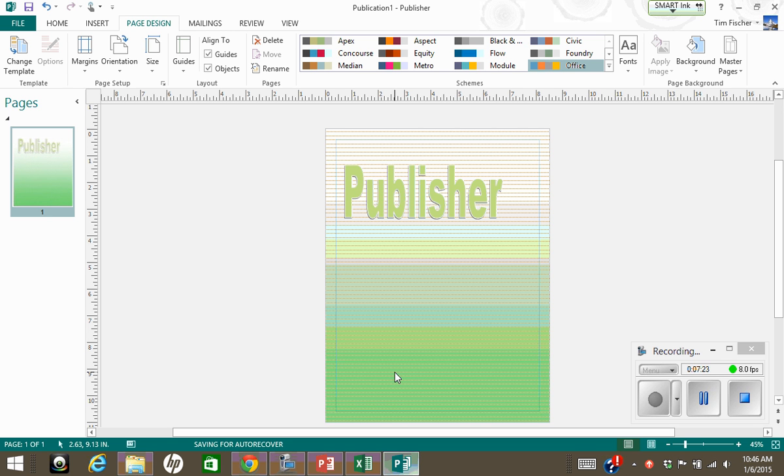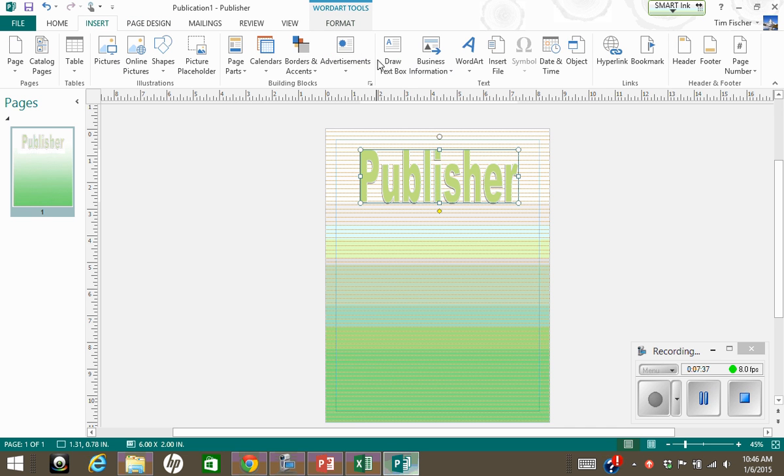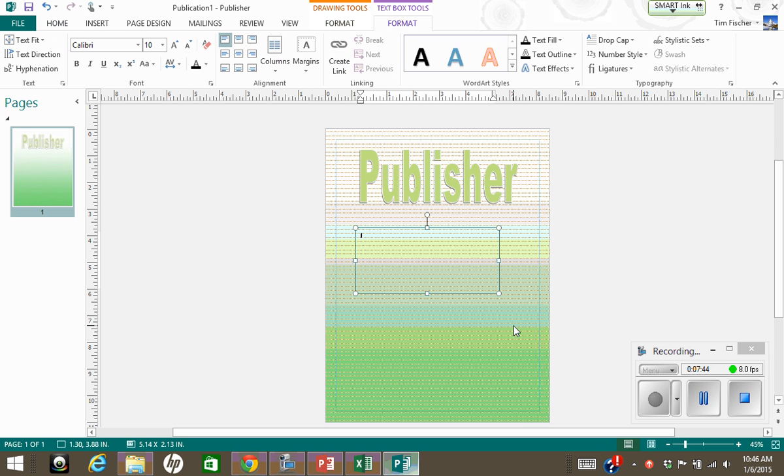All right. Let's add a little bit more text to our project here. All right. Next thing we want to do is, in Publisher, you can't just add text, you have to insert text boxes. And so it's called draw a text box, you can also do this from your home screen. All right, so if I draw a text box and got my text box drawn,